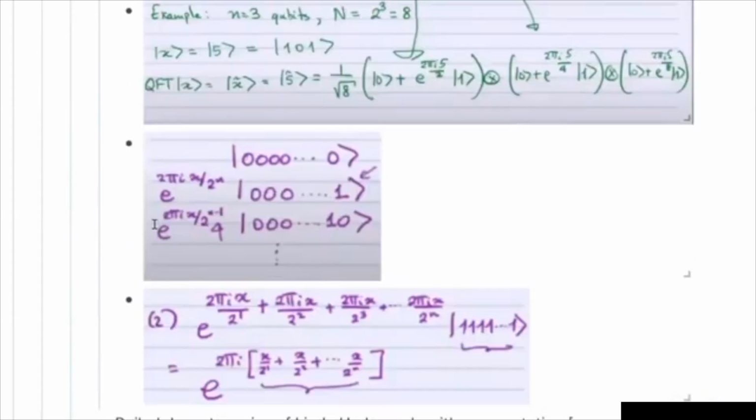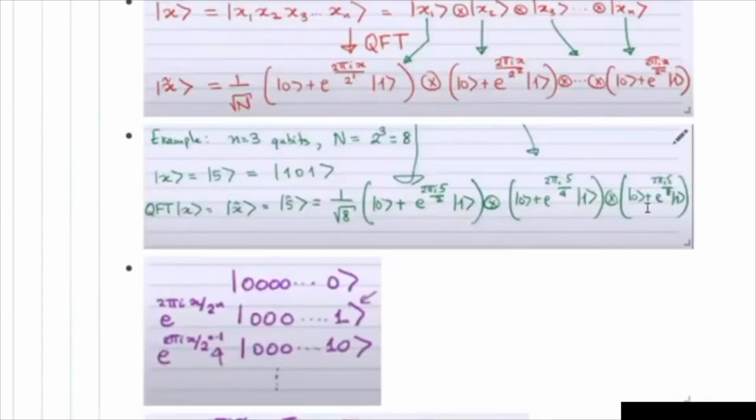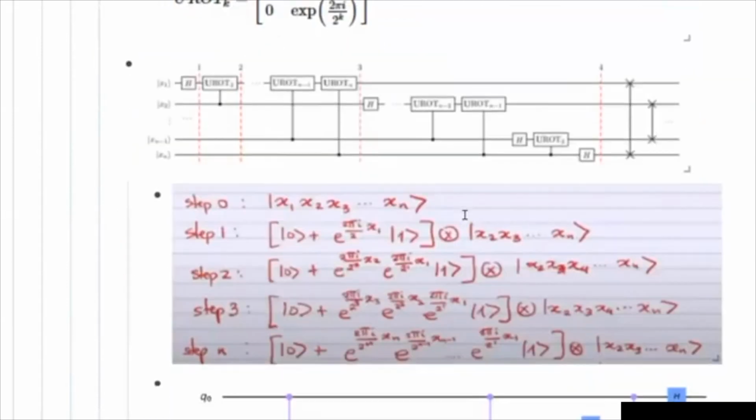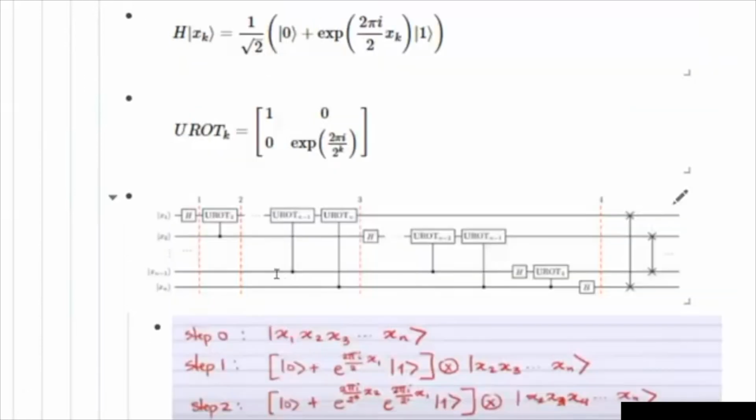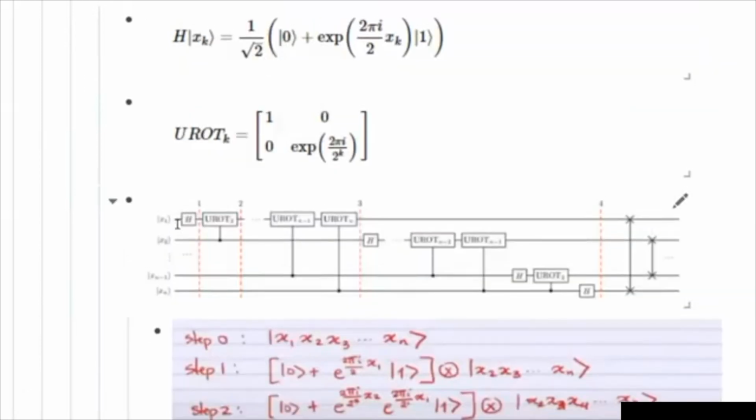So for the bit x1, again, like I said, since we had this product representation, we can apply individual gates to individual bits independently, right? So if we only want this one bit to be transformed, then we have first a Hadamard gate and successive rotations. And these are again control rotations. These are based on the qubit 2, 3, and so on.